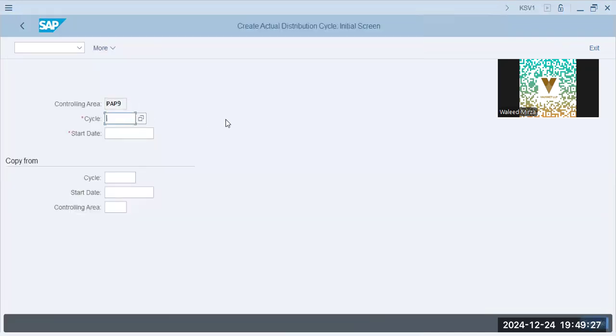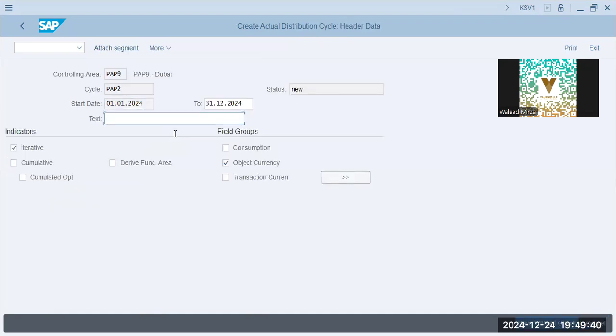Okay. And PAP2 start date 01/01/2024. Enter. And this will be plant administration costs. Okay, cost distribution, it will be iterative, that will be run every month. Okay, attach segment,